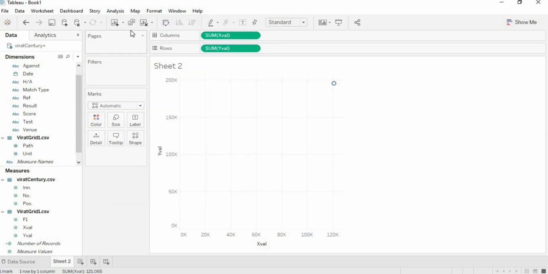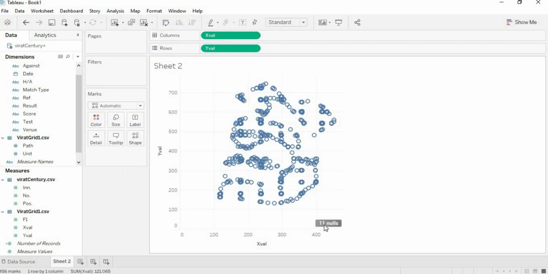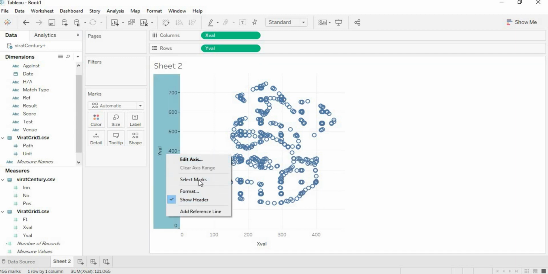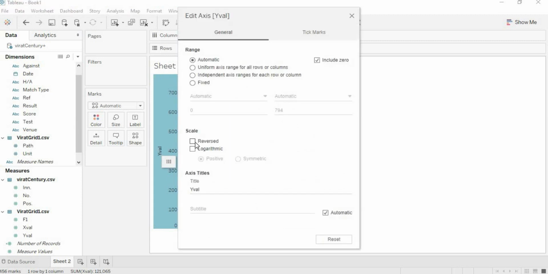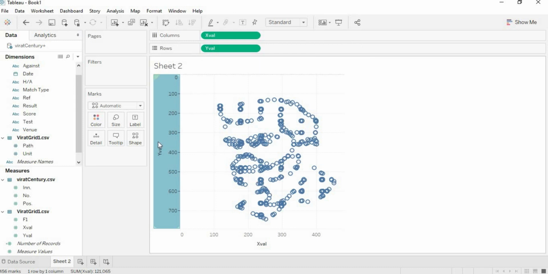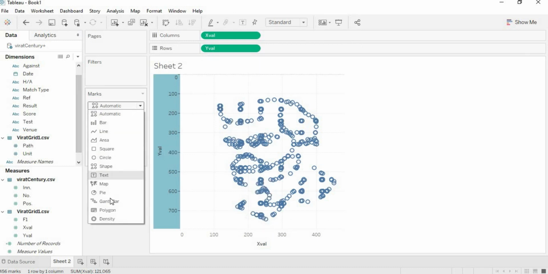Click on analysis and uncheck aggregate measure. Hide this indicator. Now you see that a shape of Virat Kohli, the face of his image, is being formed, but it is in reverse order. So edit the axis of Y and click on reverse. So the outline of our image is formed. Okay. Now click on polygon.